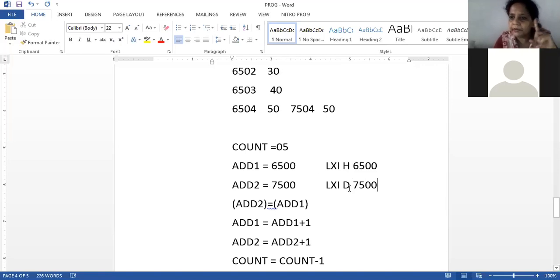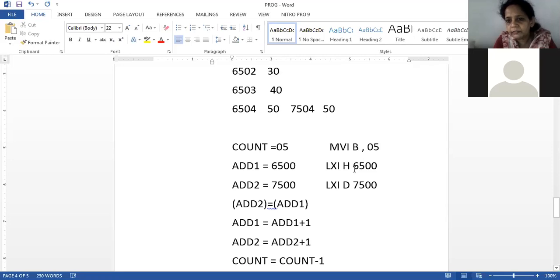The remaining registers are B, C and A register. Out of that, I may need the A register. Correct? So this particular number, I can bring it in B register or C register by the instruction MVI B, 0. If you have understood these three instructions, now we will have to work on this particular part.